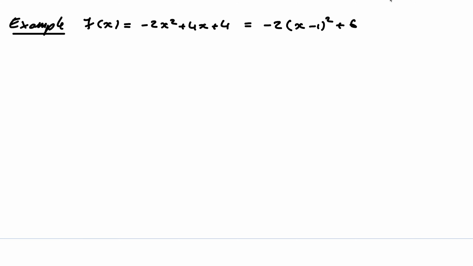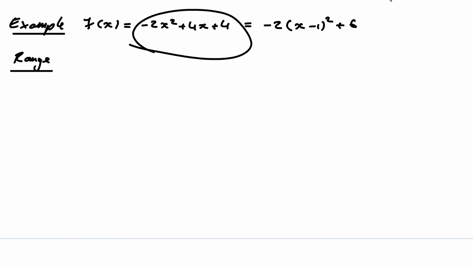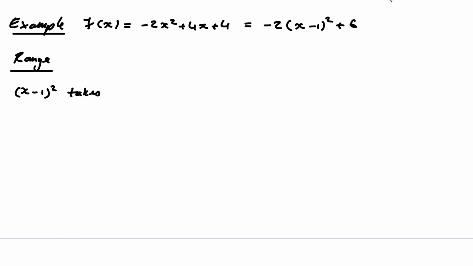For example, it tells me what the range is pretty immediately. So imagine I asked to know what the range of this function is. In this format, that's incredibly hard because you need to work out all the possible values this takes. But let's remember the following. x minus 1 squared takes every non-negative value as I let x vary. So that would imply, if I multiply it by minus 2,